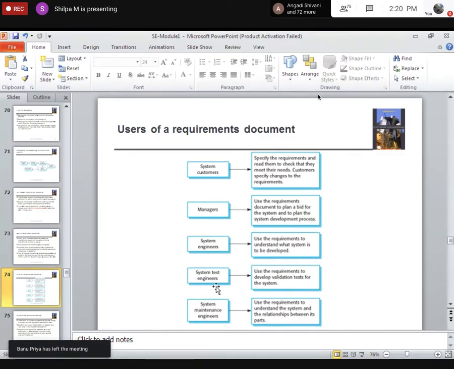Then we have test engineers. What is their job? They have to check whether the specified requirement is working or not. So the test engineers will see the requirements document, and based on that they will do the testing. Understand my scenario: there are 150 people working on a project. Out of that, 10 people are